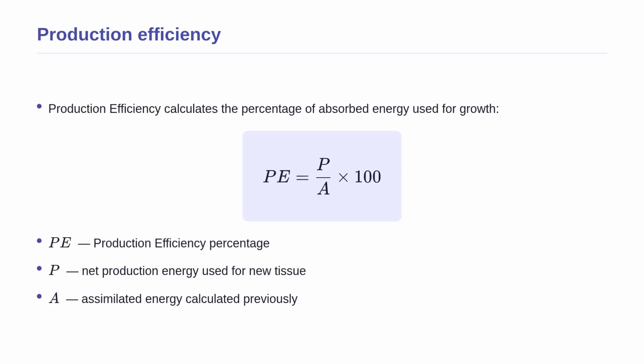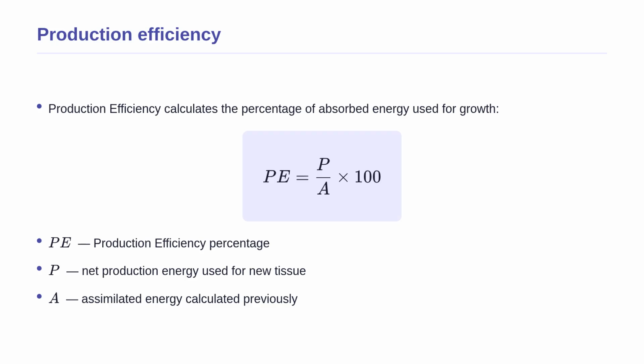Now that we know how much energy the caterpillar absorbed, we need to know how it is used, which brings us to production efficiency. This formula tells us how much of the absorbed energy is actually used for growth and reproduction, versus how much is burned for daily survival through respiration. Here, PE stands for production efficiency,